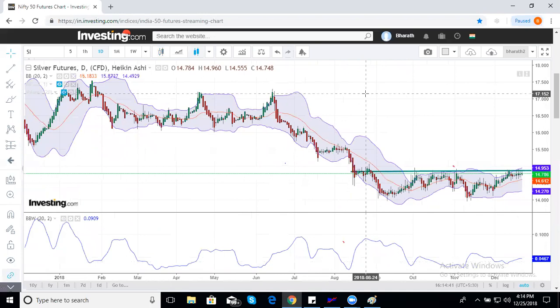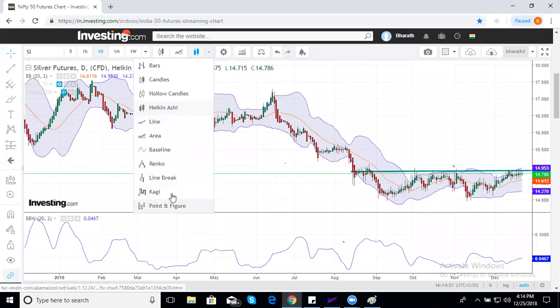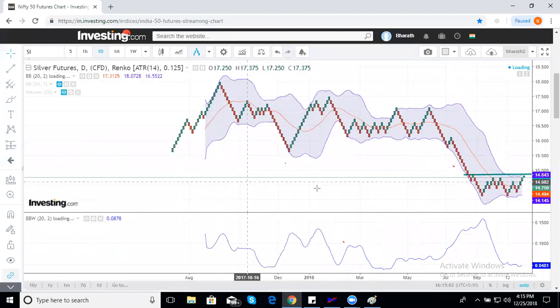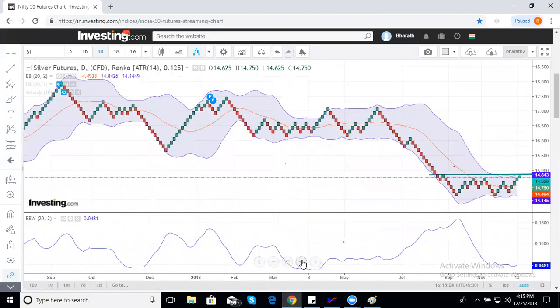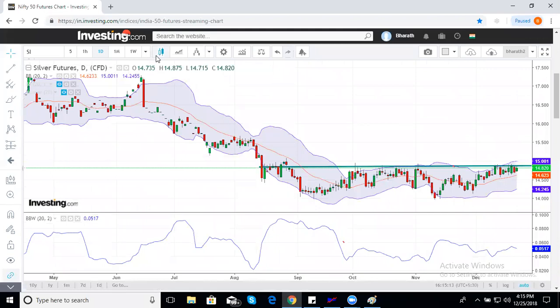Now, if you put a Renko chart, will the Bollinger Band be based on the original price data calculation, or will it be based on the Renko? Not advisable. Renko is not advisable. It's called a noiseless chart. Renko, like point and figure, these are all noiseless charts. You will not use this on this. Better to use on candlesticks. At the most, you can use it on Heikin-Ashi. But I would rather use it for candlesticks.